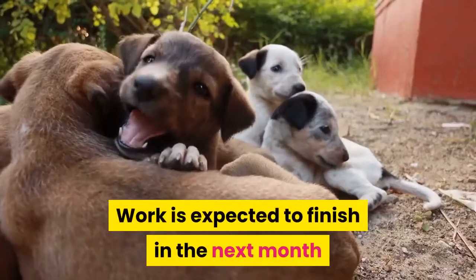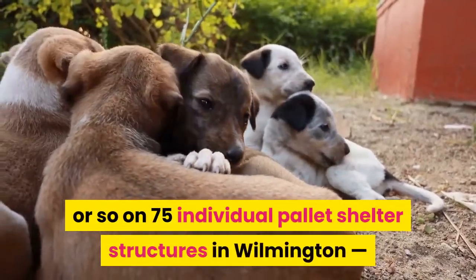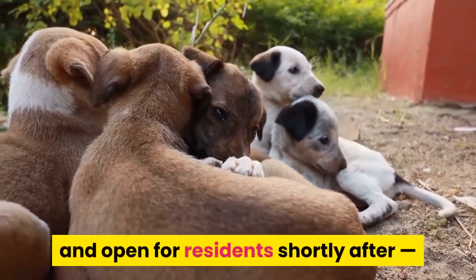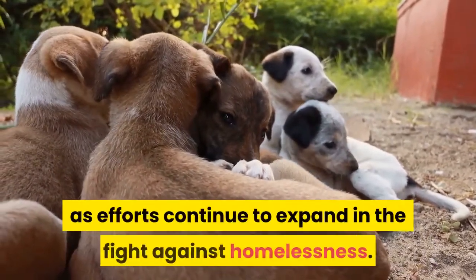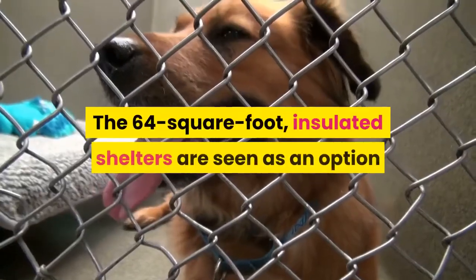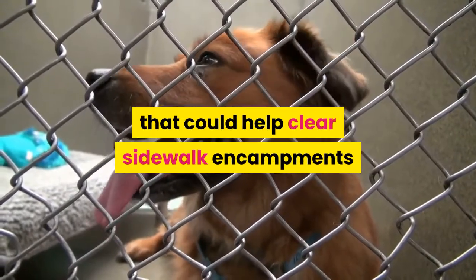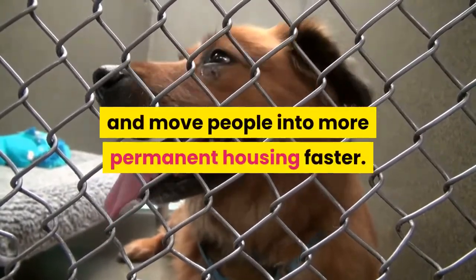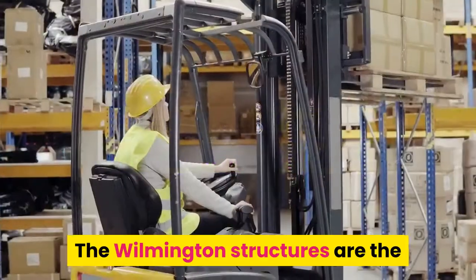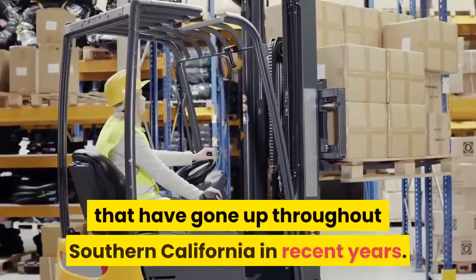Work is expected to finish in the next month or so on 75 individual pallet shelter structures in Wilmington, and open for residents shortly after, as efforts continue to expand in the fight against homelessness. The 64-square-foot, insulated shelters are seen as an option that could help clear sidewalk encampments and move people into more permanent housing faster. The Wilmington structures are the most recent in several pallet shelters that have gone up throughout Southern